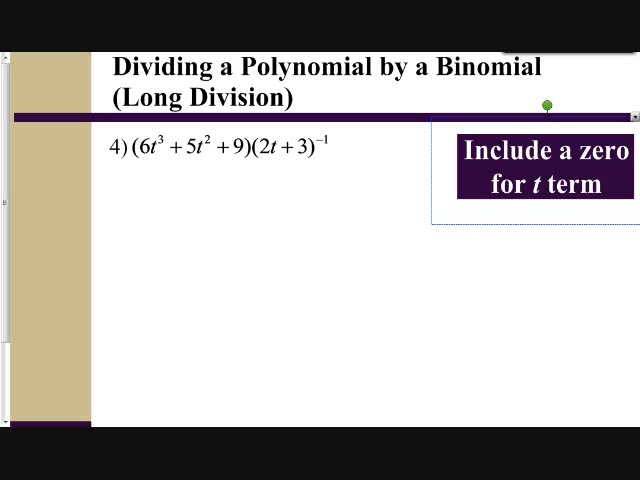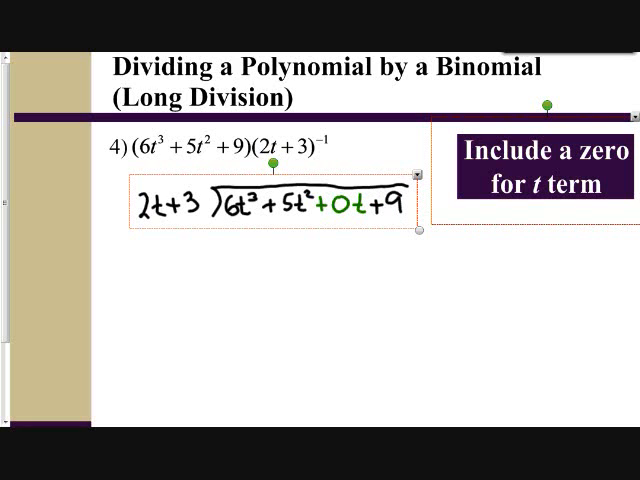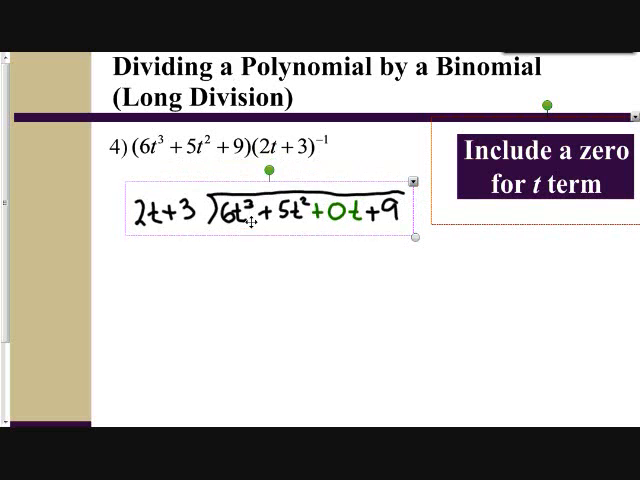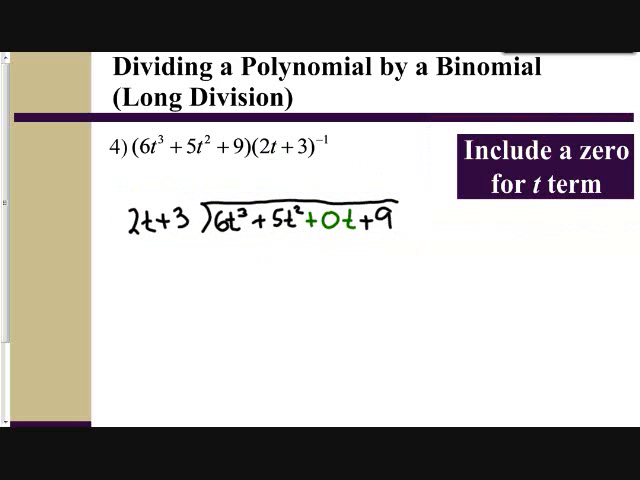So when we set up our division, we have our 6t cubed plus 5t squared plus 0t, our 0 for the t term, plus 9, and we're dividing that by 2t plus 3. So again, when we perform the division, we have two terms. Our first number is going to be written above the second term here. And we look at the first terms. What do you multiply 2t by to cancel out 6t cubed? And that would be a 3t